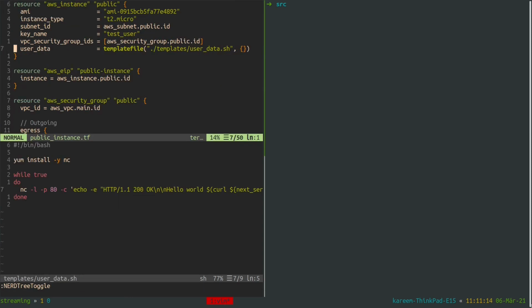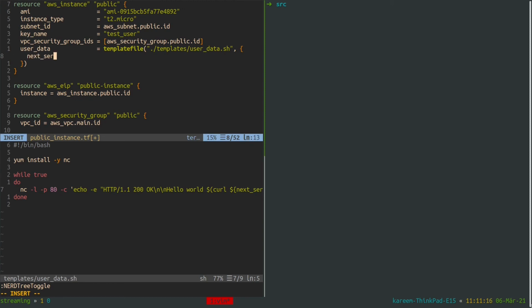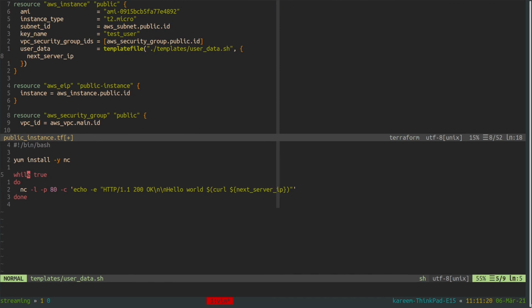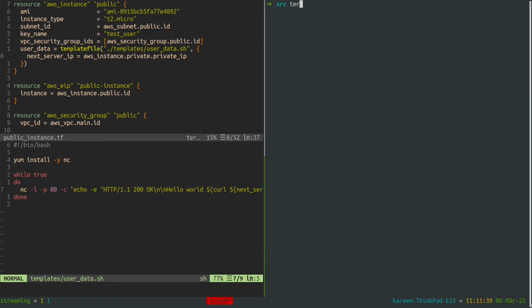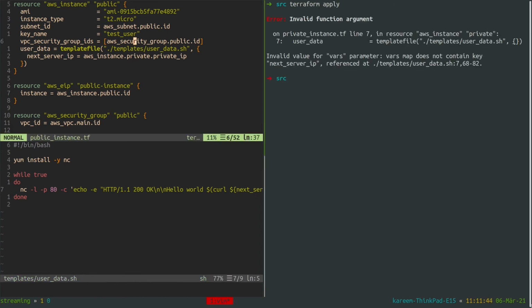If I go here to my public EC2 instance, this next server IP address, let me close this one so it will be visible to you. This next server IP address for my public instance will be the private instance, right? It will be the private IP address of this private instance. So if we try to reapply this again, now when I make a request to the public instance,